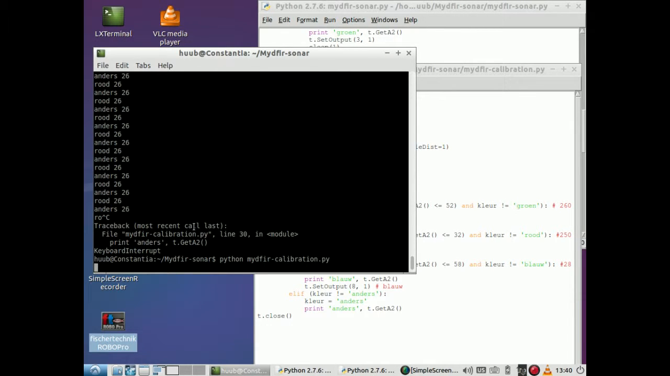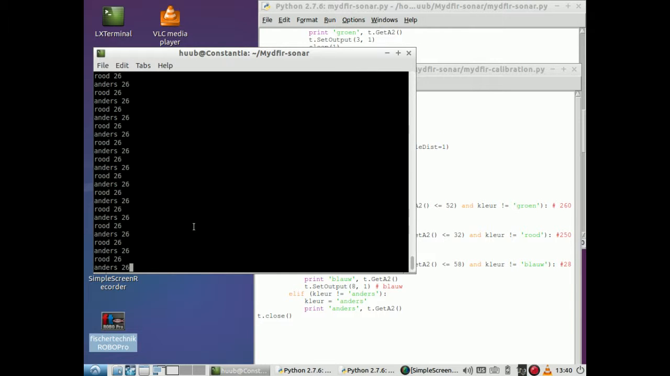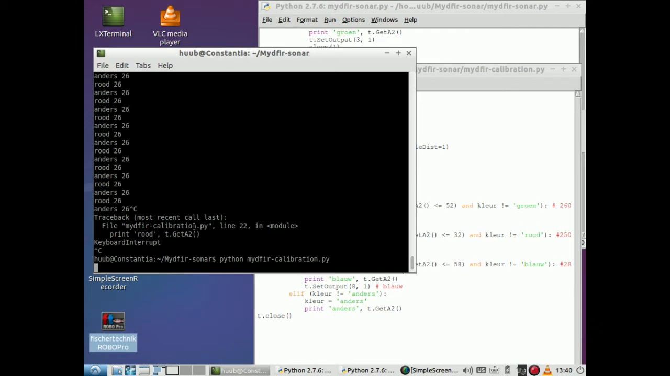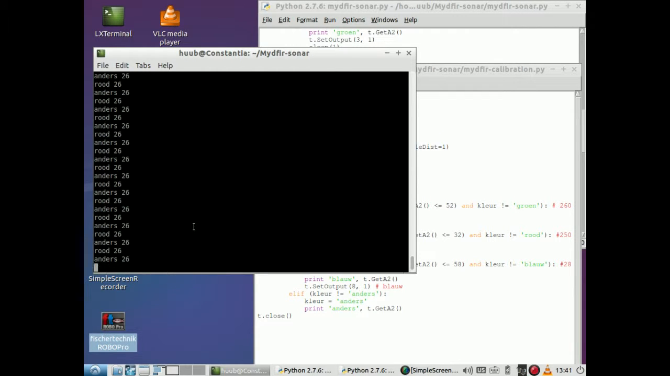So I feel forced to cut it short and run it again. What happens next? Red shows. And then I put it on green, and then I do hope green is showing. Unfortunately, red is showing. So it kind of works, but it also shows that